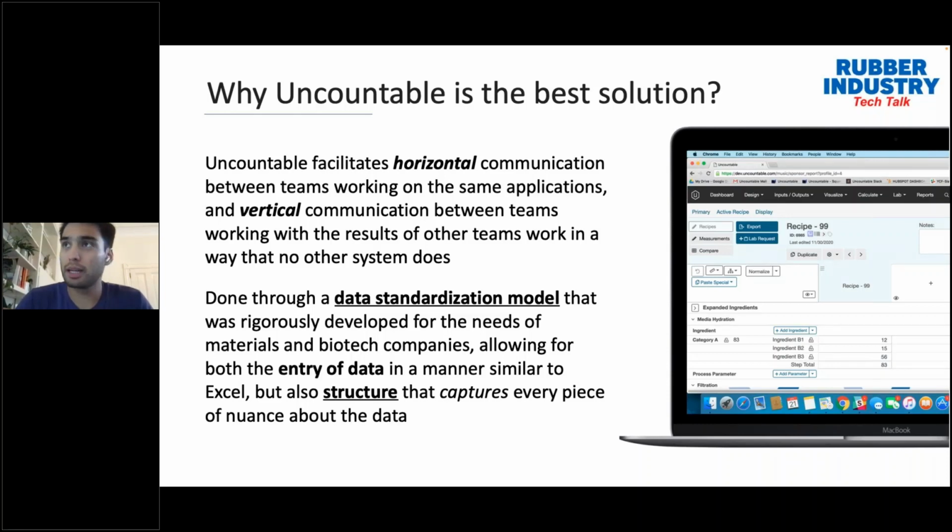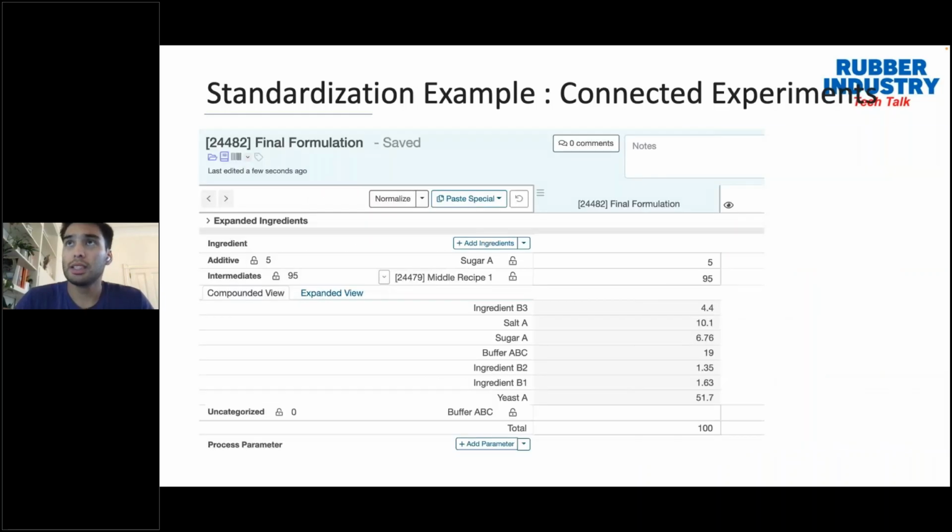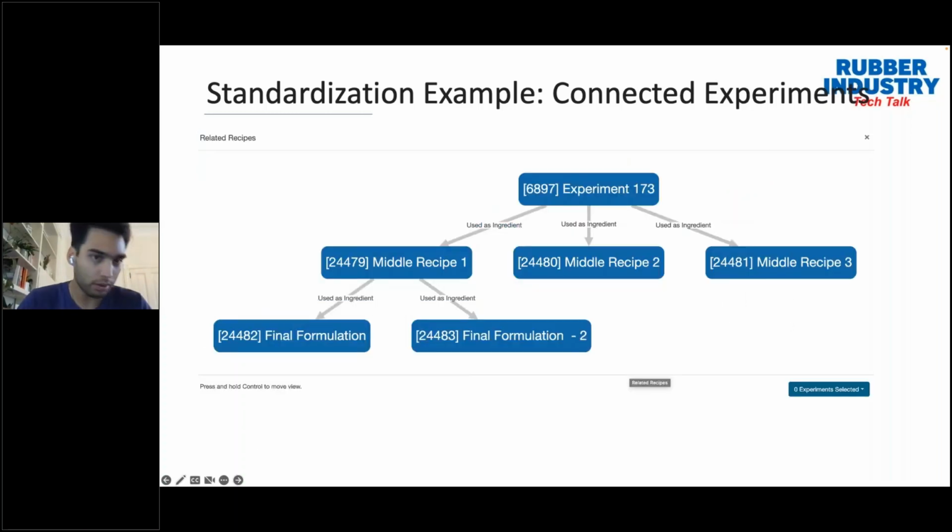Now, an example of what that might look like is where we have an intermediate, so this blend or this mixture, as a subcomponent in your actual formulation. And if you just click into a drop down here, you can see the composition of that subcomponent as an example of these connected experiments. Not only are you able to see it in a tabular view as you're working on formulations, you can also see it in this process flowchart view of the world, so you can see where these subcomponents are used throughout further downstream formulations.